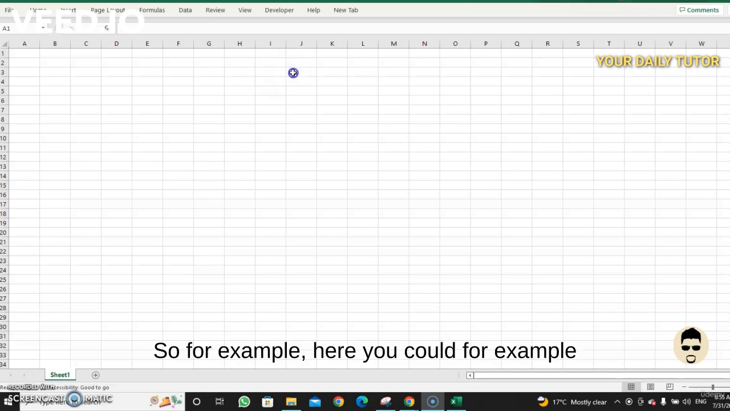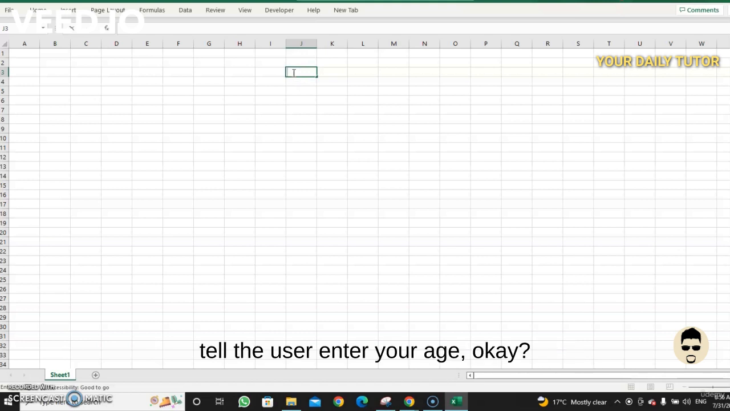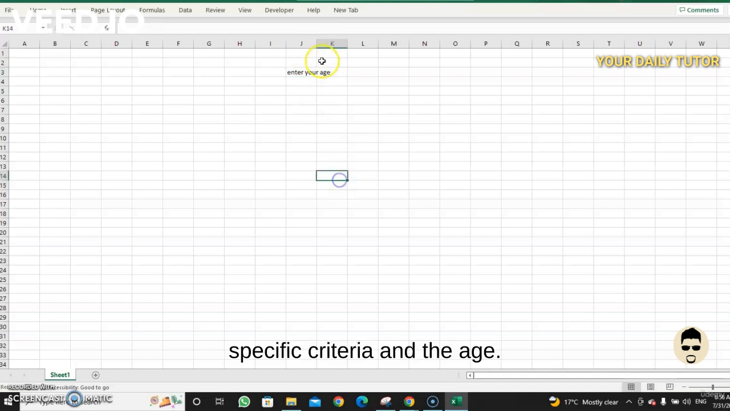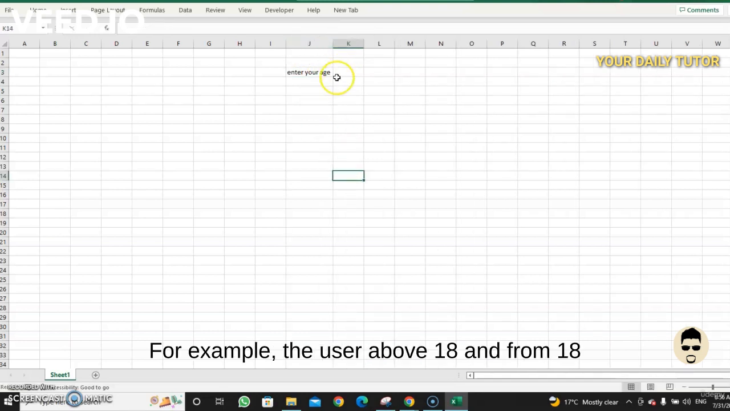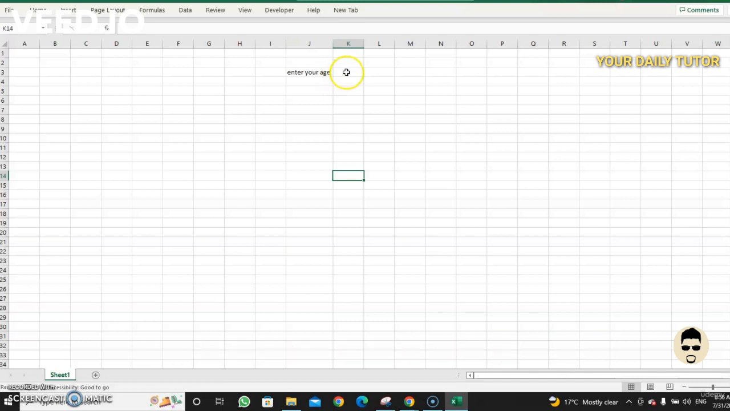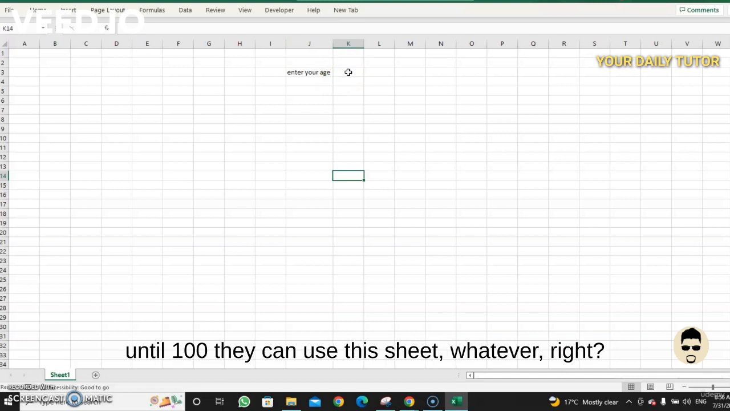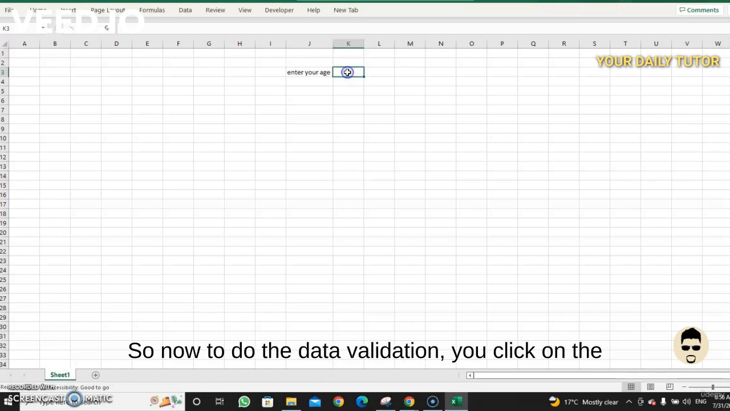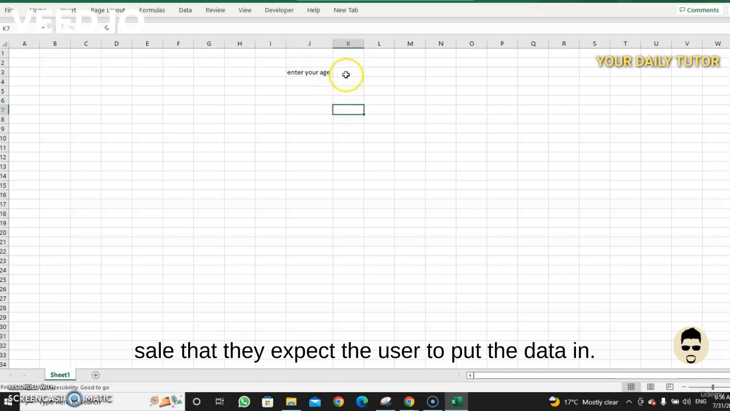So, for example, here you could tell the user to enter your age. We know that there are specific criteria for the age. For example, the user must be above 18, from 18 until 100, to use this sheet. Some criteria. So now, to do the data validation, you click on the cell where you expect the user to